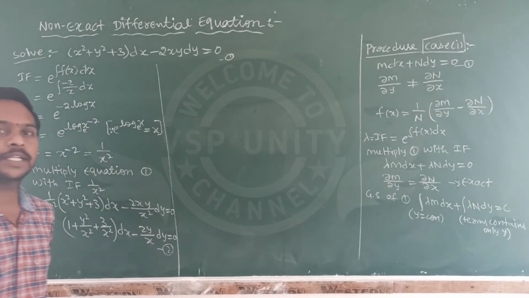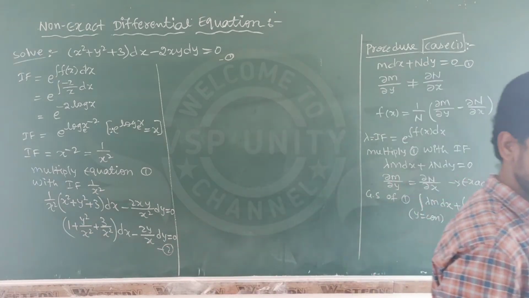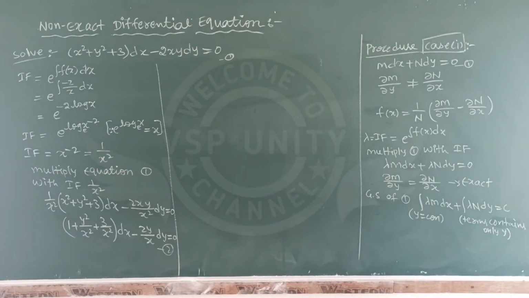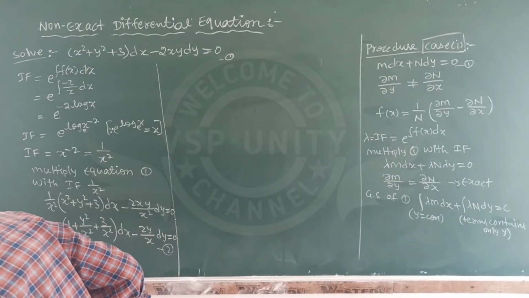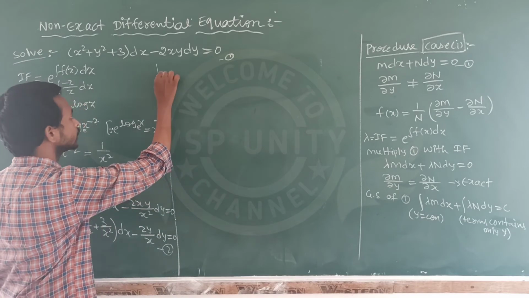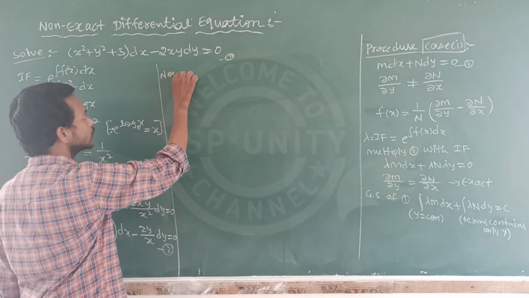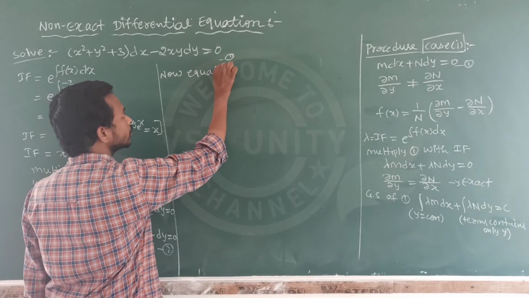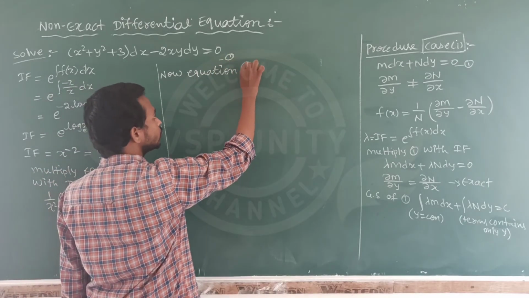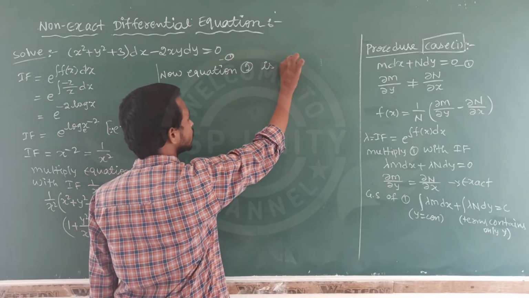Again we have to check whether it is exact or not. After multiplying by this integrating factor also, we have to check whether it is in exact form or not. Now equation 2 is of the form